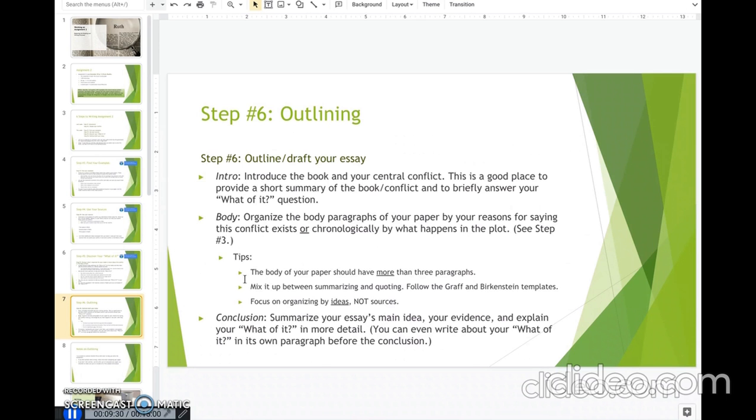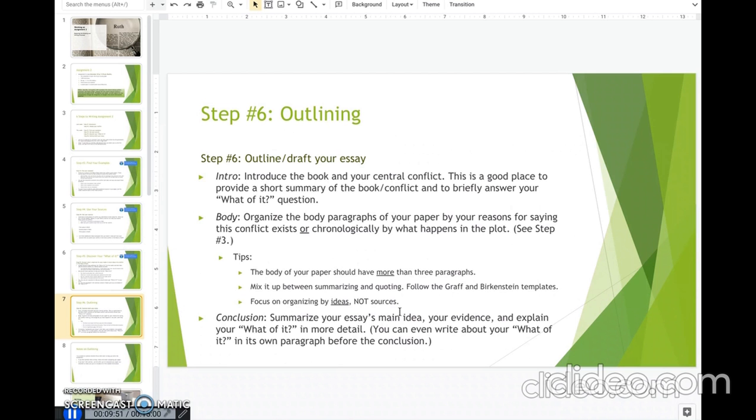Okay, so tips for writing the body paragraph. You should probably have more than 3 paragraphs, like I said, to reach the full 3 to 4 pages. Mix up between summarizing and quoting, and use the Graf and Birkenstein templates to help you. And then focus by organizing by ideas, not by sources. That means I should not